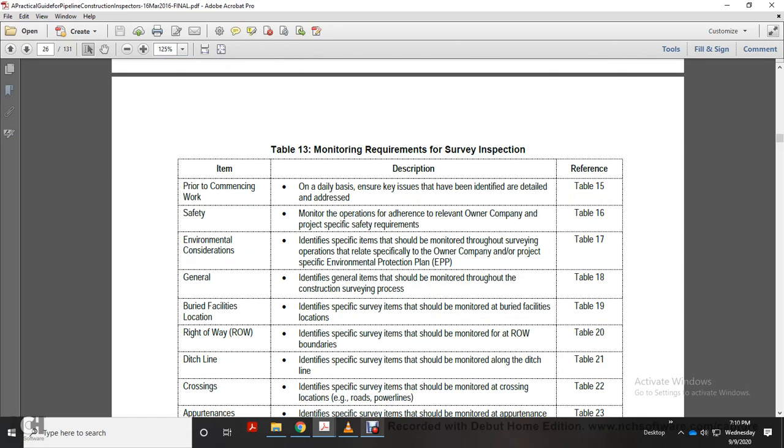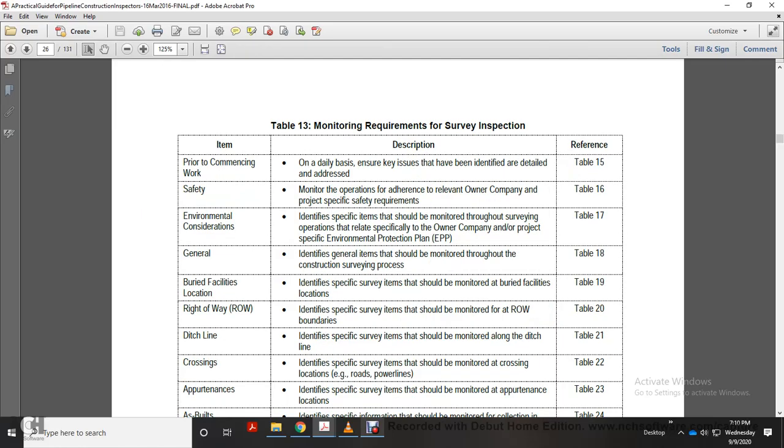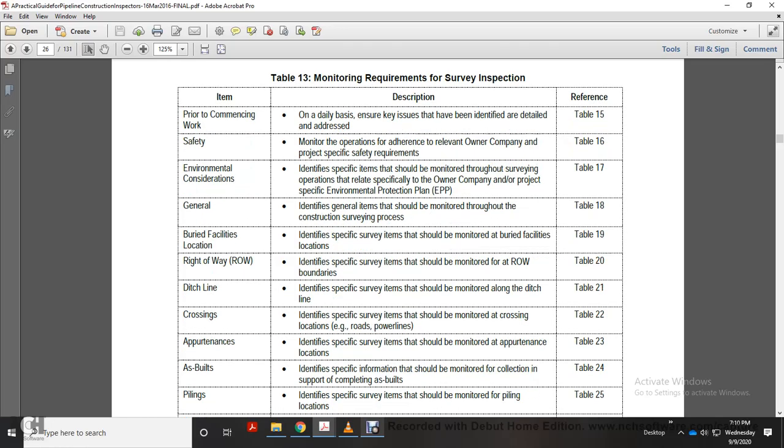location, identify specifically survey items that should be monitored with the buried facility location. Right of way, identify specifically survey items that should be monitored with the right of way boundary. Ditch line, identify specific survey items that should be monitored along with the ditch line. Crossing, identify specific survey items that should be monitored around crossing location. Prudency, identify specific survey items that should be monitored at prudency location. As built, identify specific information that should be monitored during collection